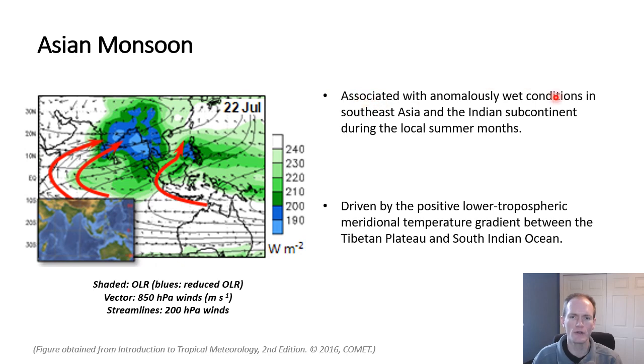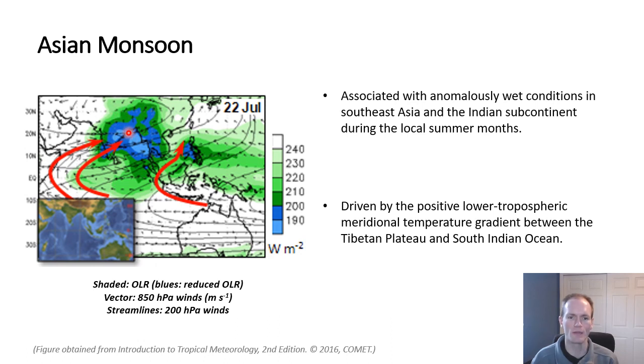So this monsoon is associated with anomalously wet conditions in Southeast Asia, which we have here, as well as the Indian subcontinent, which we have here, during the local summer months. The color shading that we have here is outgoing long-wave radiation, where greens and blues indicate suppressed outgoing long-wave radiation and thus enhanced thunderstorm activity. So the green and blue shading here is meant to indicate where precipitation would be above normal. And that's what we see here. Note the date, July 22nd of some year, where we see enhanced precipitation activity across much of Southeast Asia and